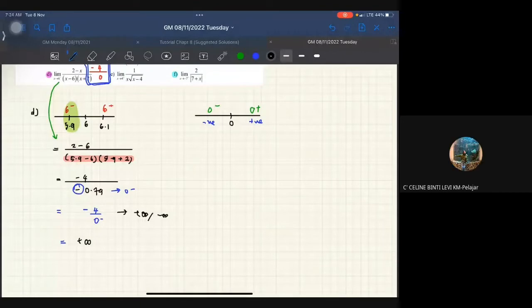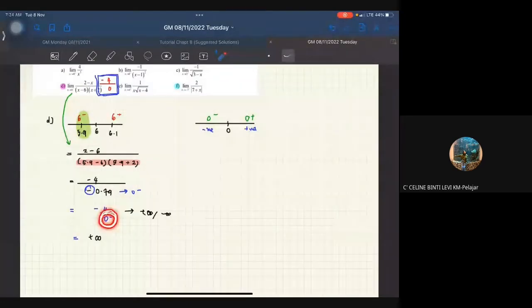Okay, boleh faham? Okay, so kenapa bila kita ada satu nombor, kita bahagikan dengan nombor yang sangat-sangat kecil, let's say this one is 0 negative, ataupun kita bahagikan dia dengan zero positif,